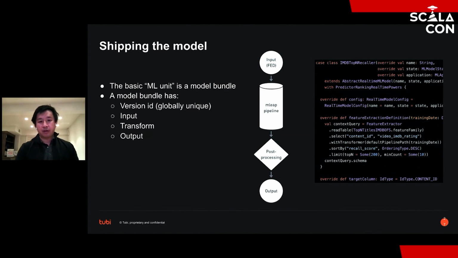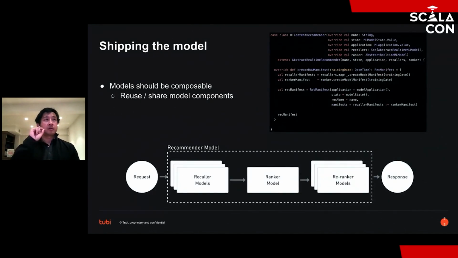And then there's a reranker, which are generally specialized purpose models that might be ranking certain containers, or that meet certain specialized business criteria. And we just keep them separated out. Each of those models has the same thing: input, transformation, output, and then we can combine them into a bigger model, which is called the recommender model, which also has input, transformation, and output.